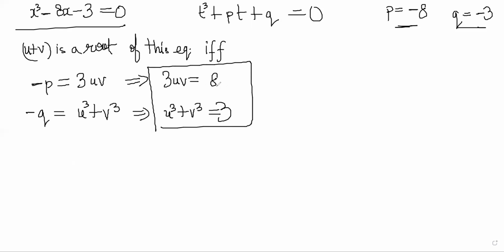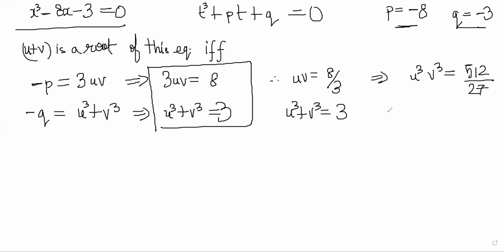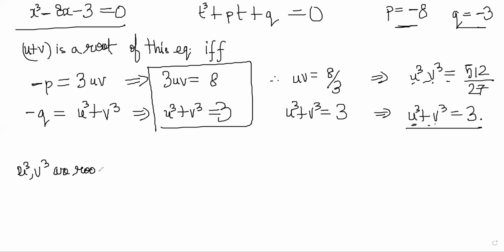Now you have to find basically u and v from there, right? So uv is equal to 8 by 3 and u cube plus v cube is equal to 3. Therefore u cube v cube is equal to 512 by 27 and u cube plus v cube is equal to 3. So now you know the sum of two things and the product of these two things. Therefore u cube and v cube are roots of this equation now: x square minus the sum of those things, 3x, plus the product of those things, 512 by 27, is equal to 0,